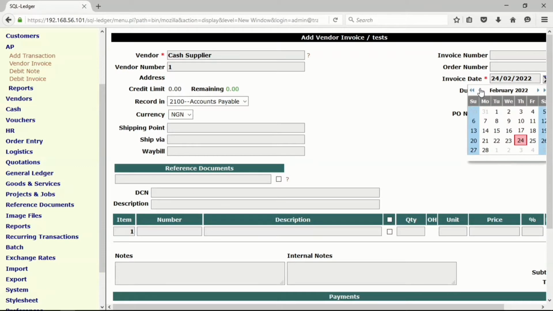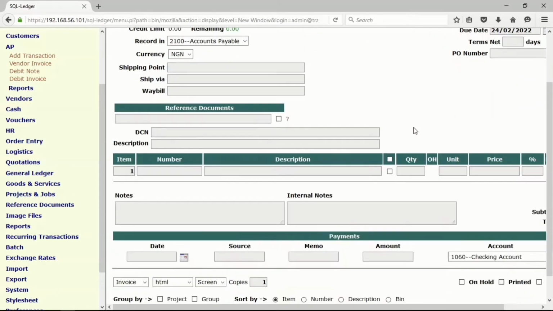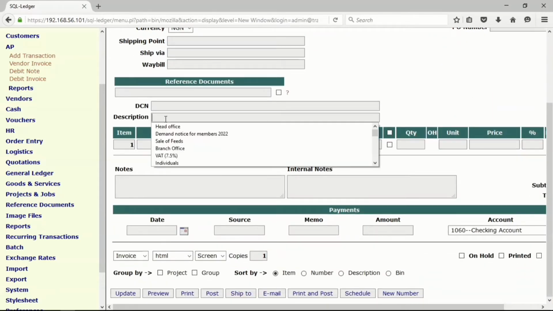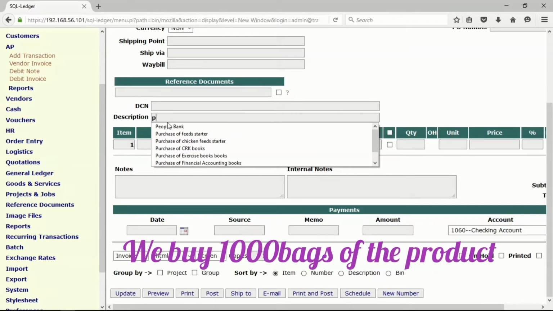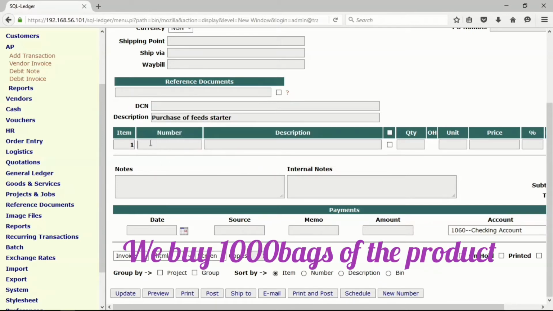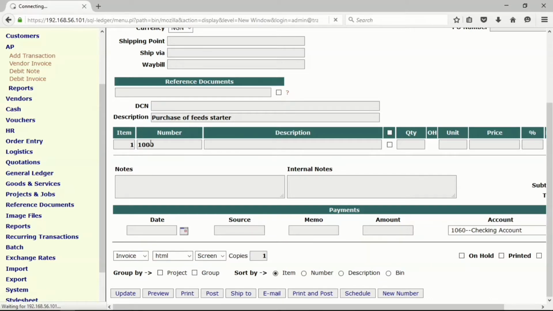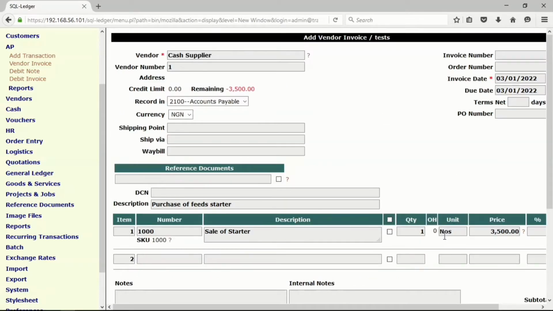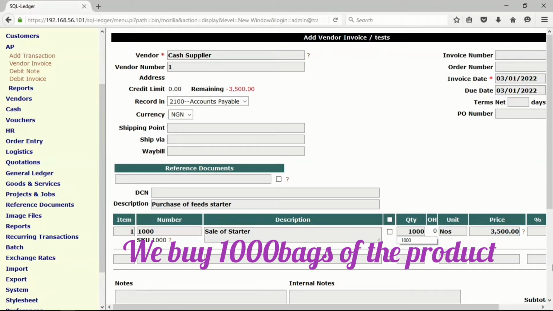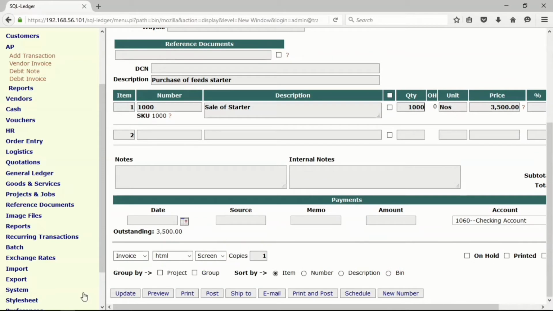Let me backdate it to buy on the 3rd of January, and we'll just put a description here, purchase, and the code is 1000. Once you press enter, we can now enter the quantity. Let's assume we are buying 1000 units, and that is the price we are going to get for them. Once you update,